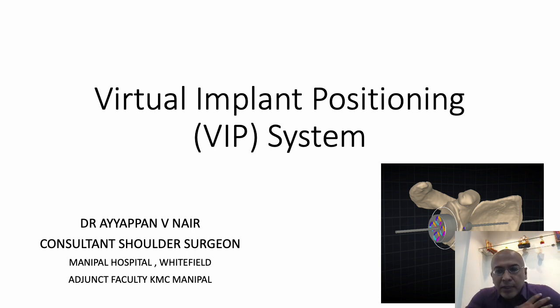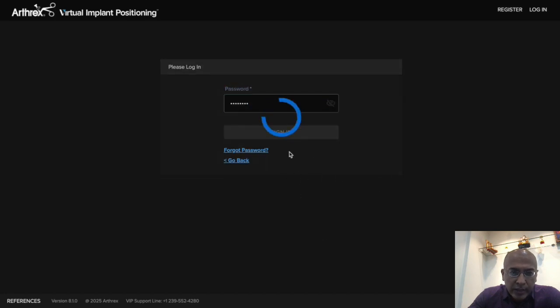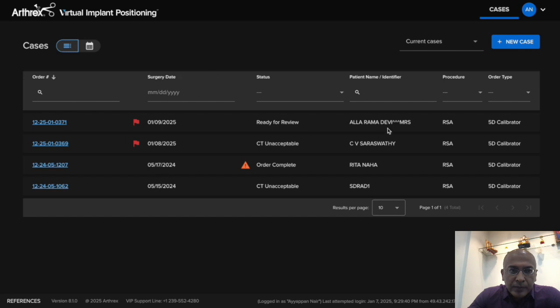Shoulder replacement is where the shoulder is pretty worn out and you have shoulder arthritis, and the surgical option in front of me would be to change the ball and socket joint. In this particular case I'll be showing how I do a reverse shoulder replacement. This is an excellent software. It has a loading interface where I put my password in, and it gives me the options of